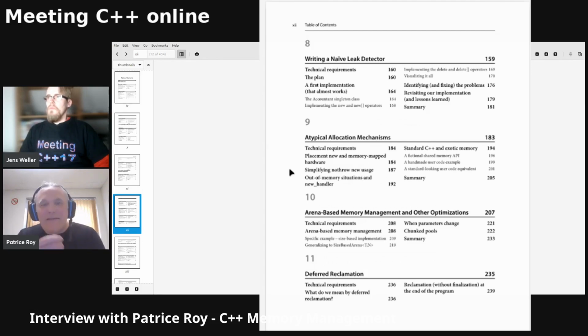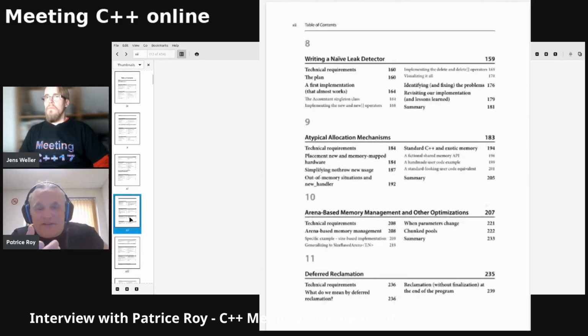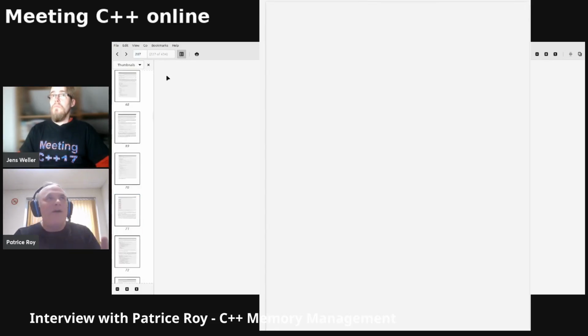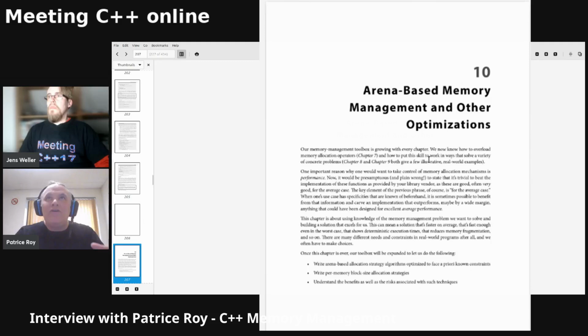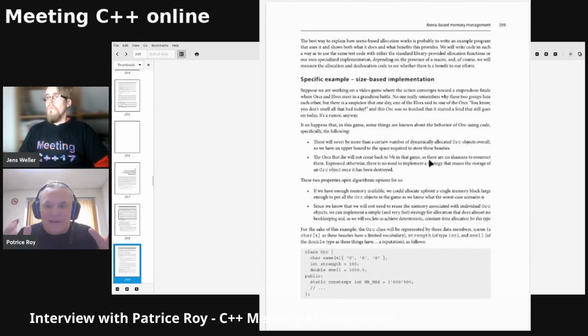C++ is about control, you know. The crowd I work for normally, my game programmers, my finance people, my embedded systems people, they need control over what they're doing. So in these chapters, what I'm trying to show is that sometimes when you know what the context is, you know how your code will behave. You know maybe how many objects you will create at worst. So you know this kind of stuff.